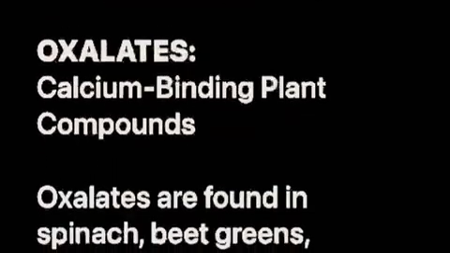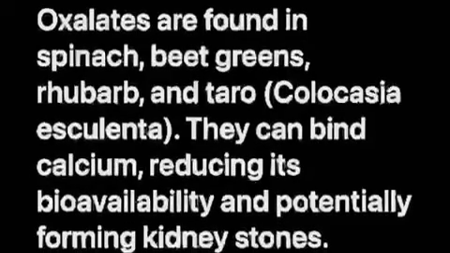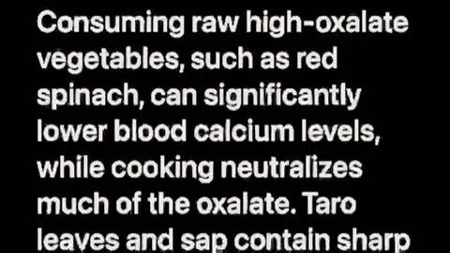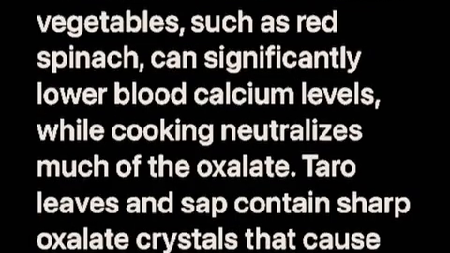Oxalates, calcium-binding plant compounds. Oxalates are found in spinach, beet greens, rhubarb, and taro, Colocasia esculenta. They can bind calcium, reducing its bioavailability and potentially forming kidney stones. Consuming raw high oxalate vegetables, such as red spinach, can significantly lower blood calcium levels, while cooking neutralizes much of